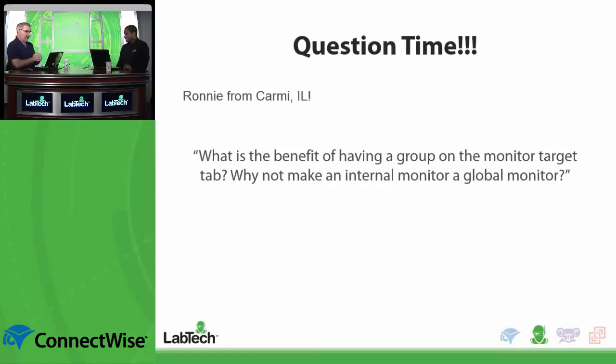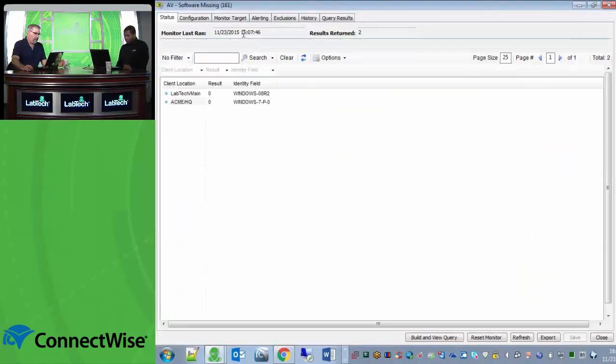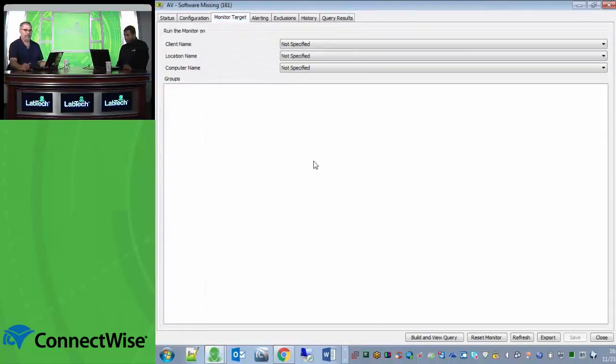So Ronnie asks, what's the benefit of having a group on the Monitor Target tab? Why wouldn't you want to make an internal monitor a global monitor? So I'll take that one if I can here, Ronnie. Let me pop back into my control center. So what this was talking about is